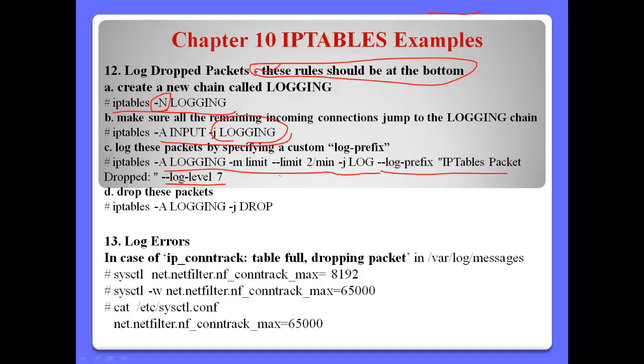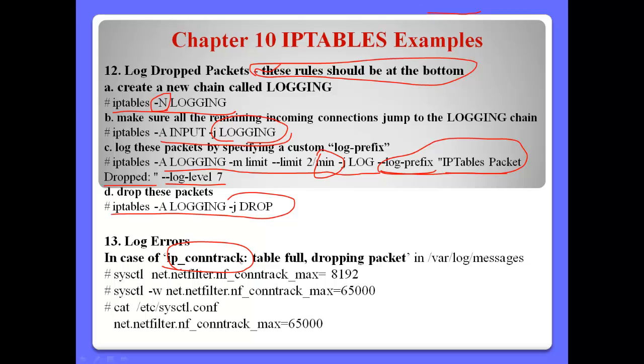It means if some packet reaches over 2 per minute, then this packet will be logged using this kind of message: Iptables packet dropped. And if we want to drop this kind of packet, then Iptables log and drop like this. Number 13, the log errors. Normally, Iptables supports connection tracking like this, but when we use this kind of